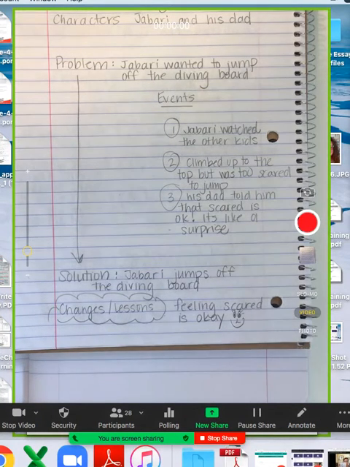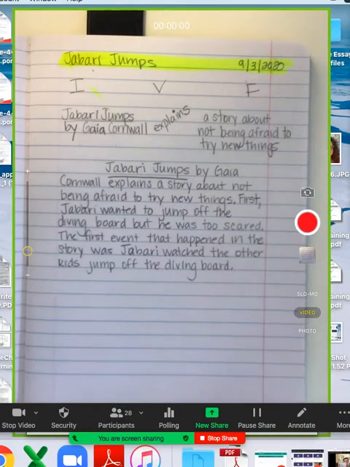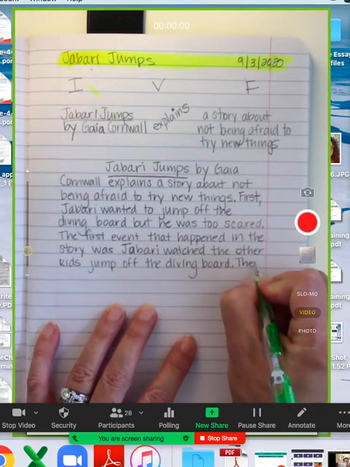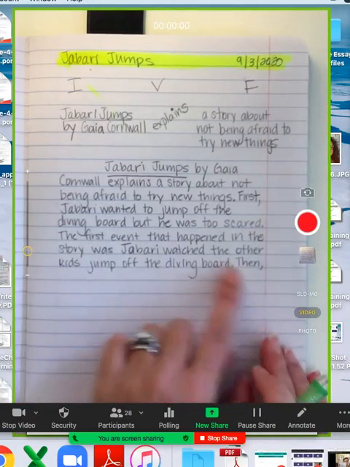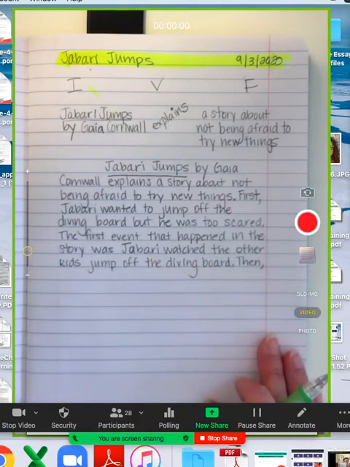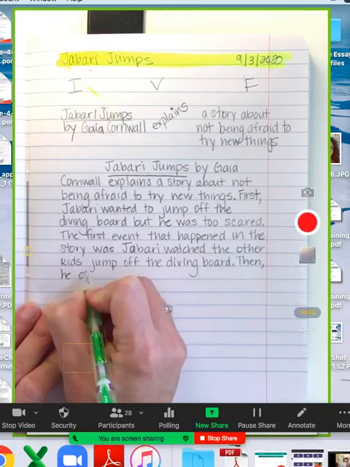But the gist was he climbed to the top but was too scared to jump. But I liked, Carolina, how you used the word then. So we can say then, and we can say he as a pronoun because we already established that we're writing about Jabari. So we can say then he